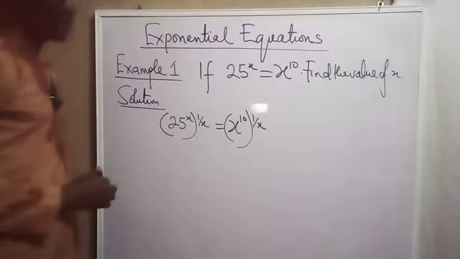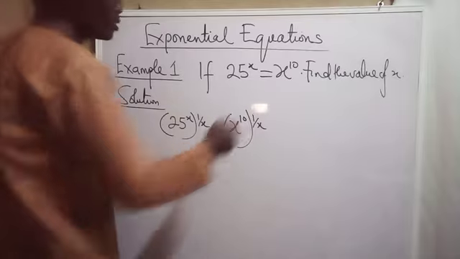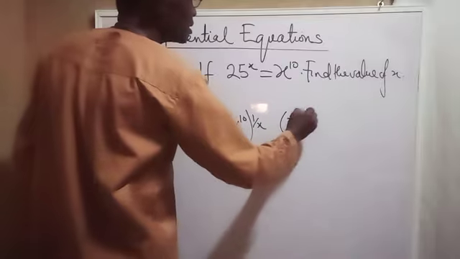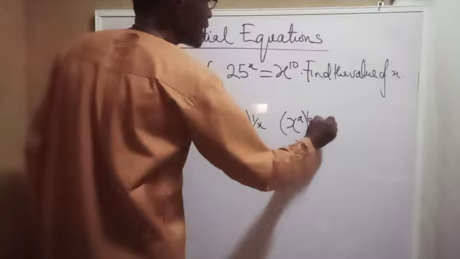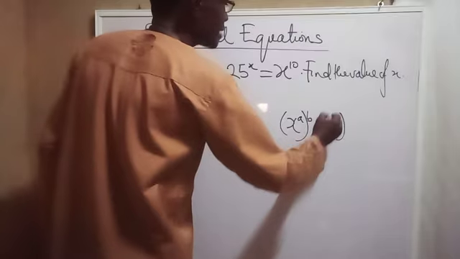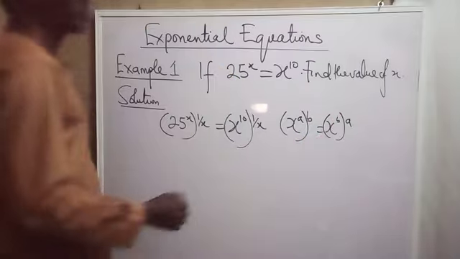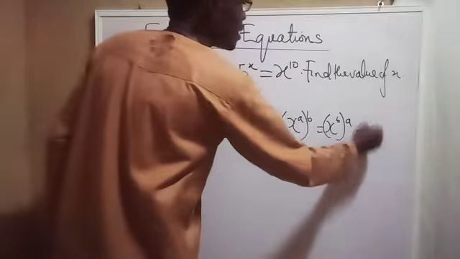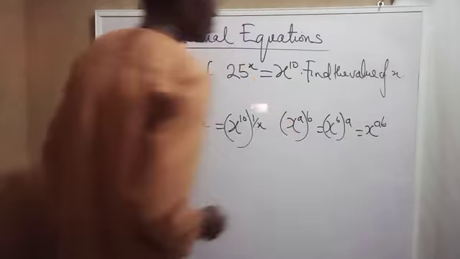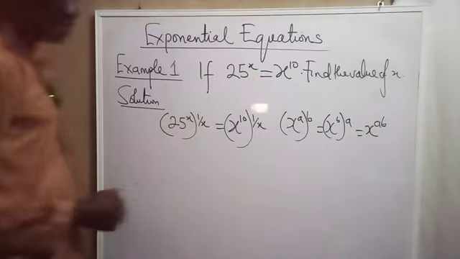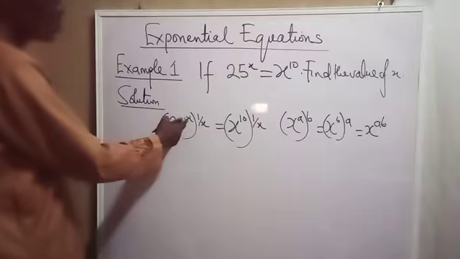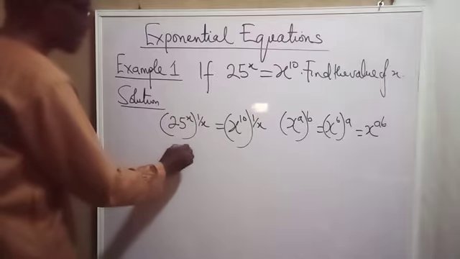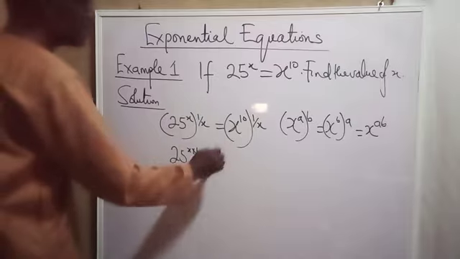Recall, according to the law of indices, x raised to the power a bracket of b is the same thing as x raised to the power b bracket of a, if b is swapped with a, which is the same thing as x raised to the power ab. That is a law from indices. So in this case, we are going to multiply this x by 1 over x. So we have 25 raised to the power x times 1 over x is equal to